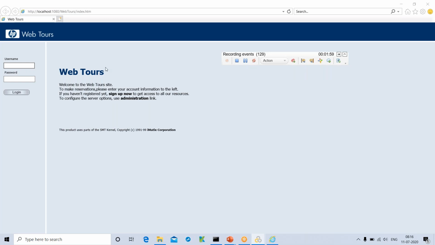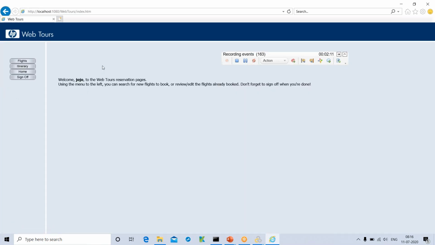After starting the transaction, I will enter the username and password, and then click on the login button. As soon as I click on login, I'm on the home page now. So now I can click on end transaction.